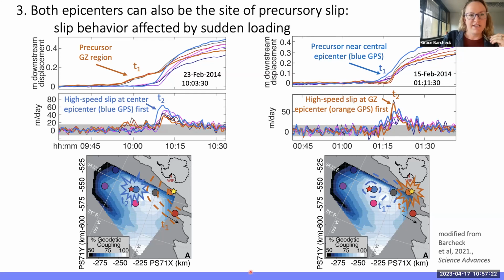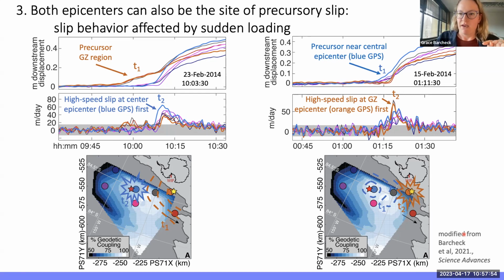And it actually turns out that both epicenter areas, like both the blue GNSS site and the orange GNSS site, can both participate in being part of the slow slip precursor, and then they can both also be the site where the main shock starts, right? So they can participate in the precursor process, or they can be the epicenter,